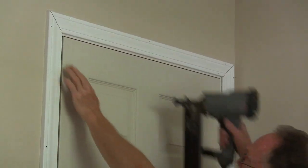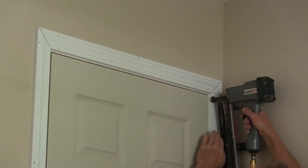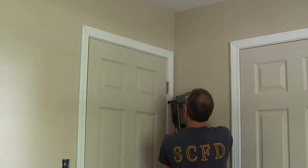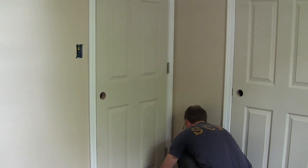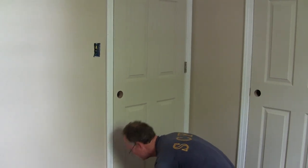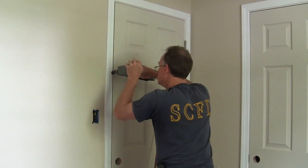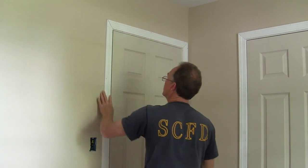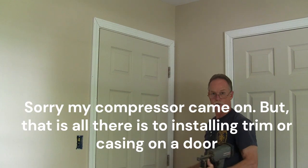And you put it in at just a little bit of an angle so that it catches the door jamb. That's all there is to